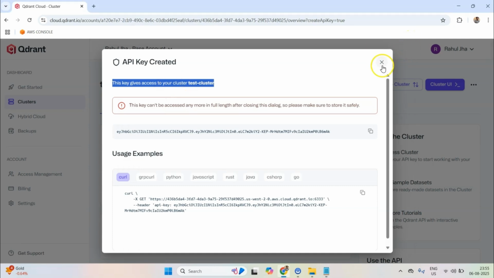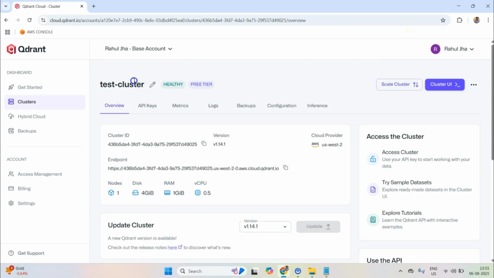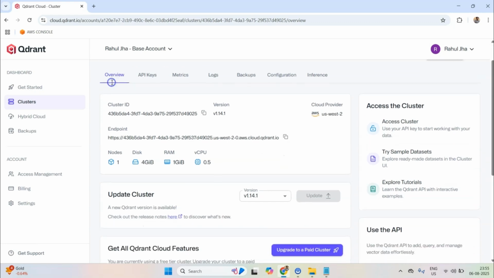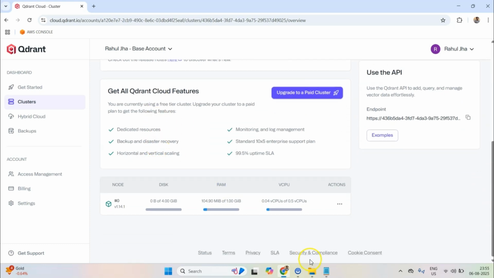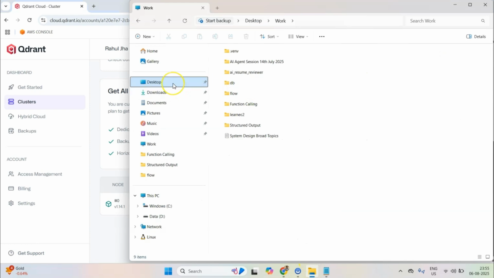Okay, so I'll close this navigation window. There are a couple of features that I want to talk about, but before I talk about those features, I would like to create the virtual environment for my Python installation, because the installation of some packages will take some time.